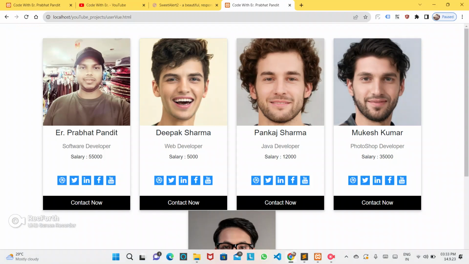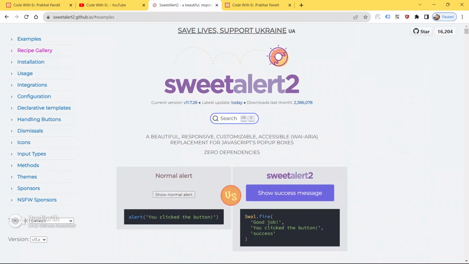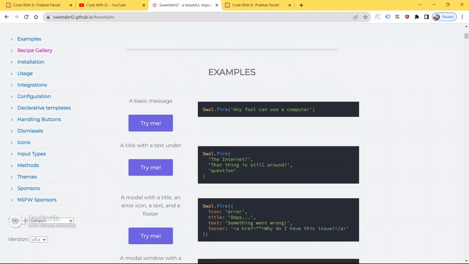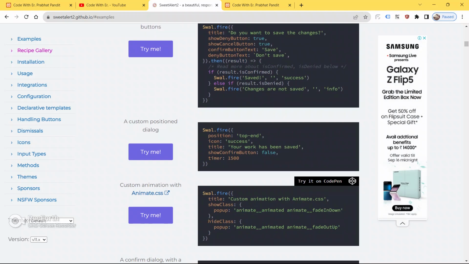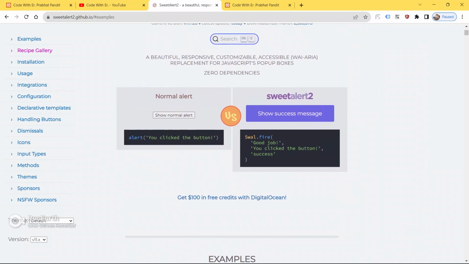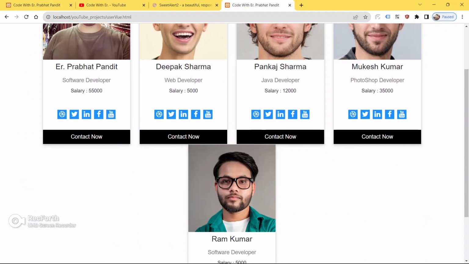And if you are having some kind of difficulties with Sweet Alert 2, then go here and use the example. The more you try to learn new things, the better you will get day by day. So guys, I would like to request you, please go to sweetalert2.github.io. And if you still have any doubts understanding this code or getting started with Sweet Alert 2, then please do ping me. Feel free to ask me any questions in the comment section. I will clear all your doubts, all your queries.